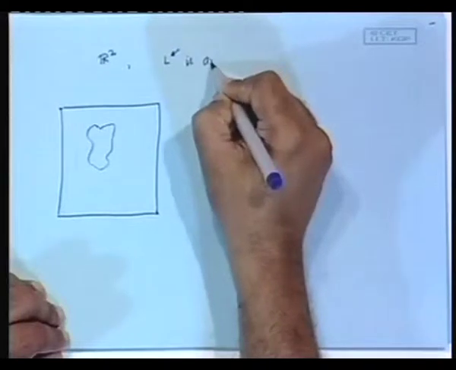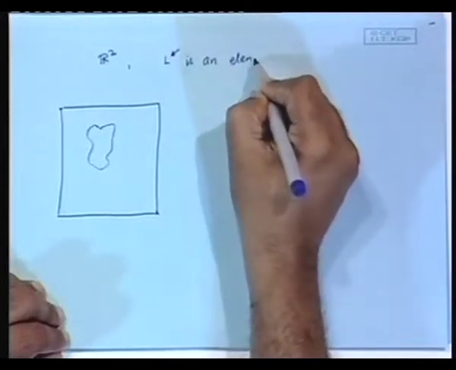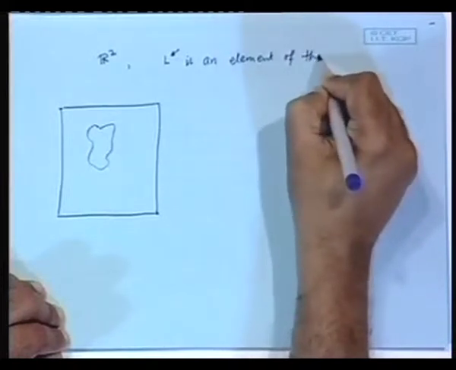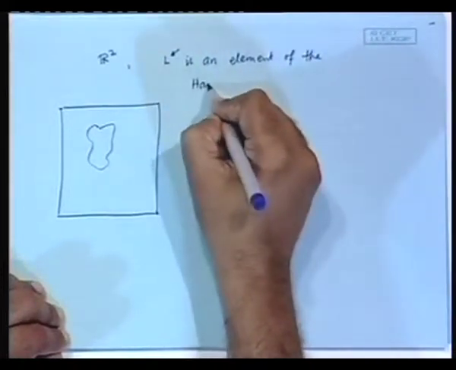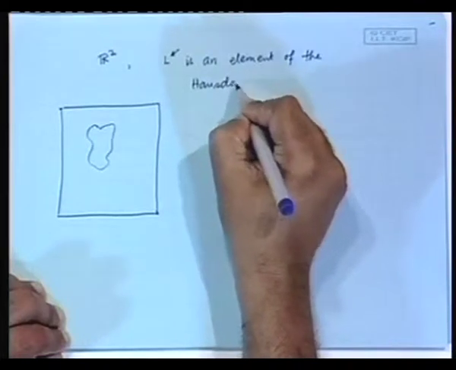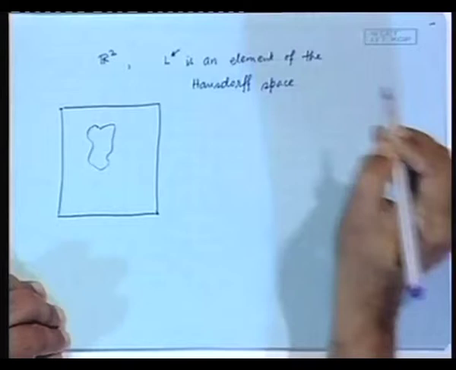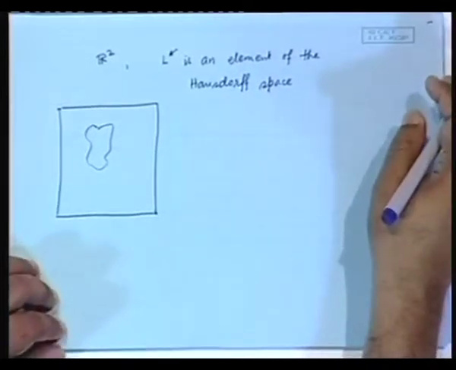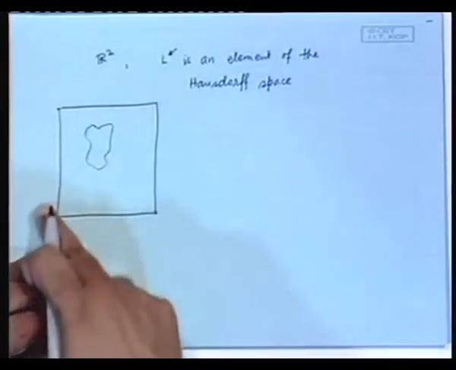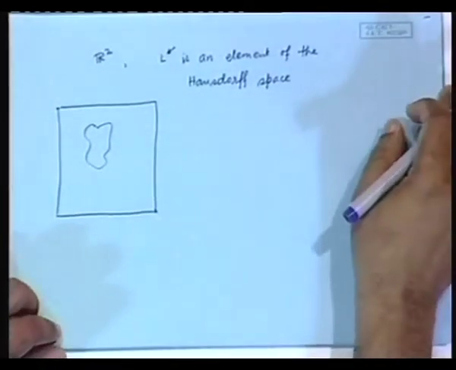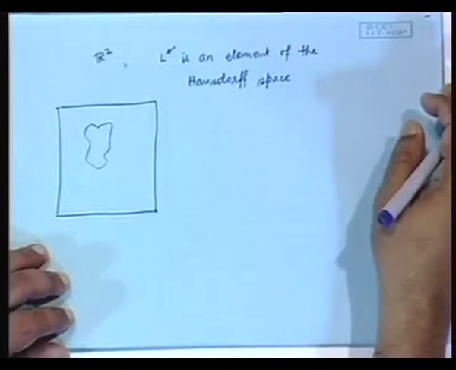It is an element of the Hausdorff space. Okay. So, there is the underlying space R2 in which there is an element, okay, and we will assume that